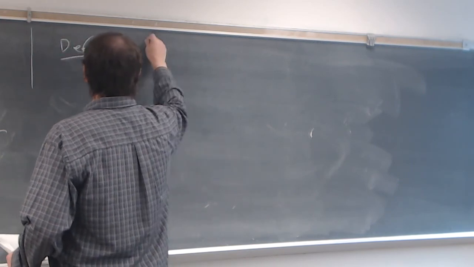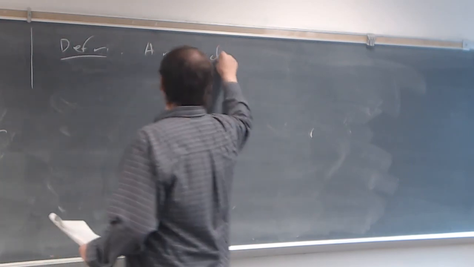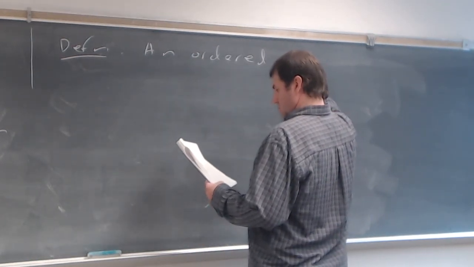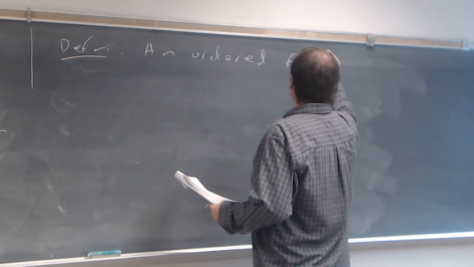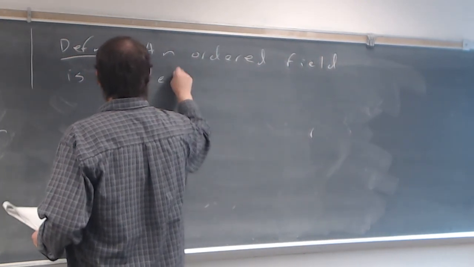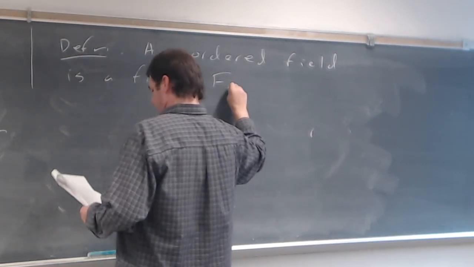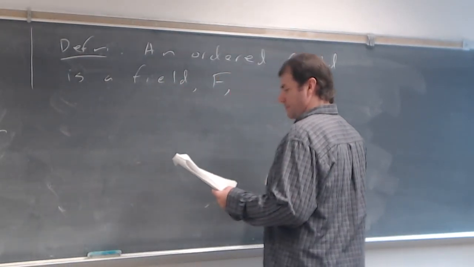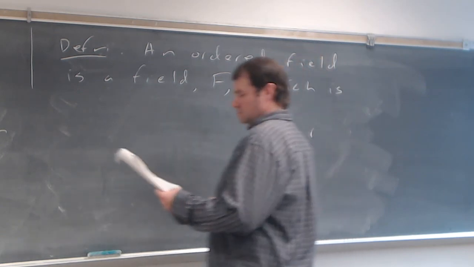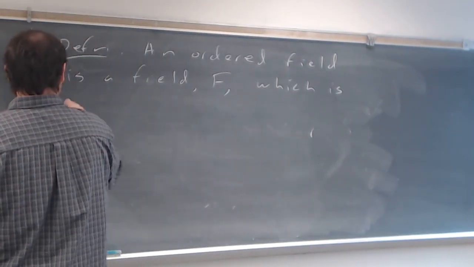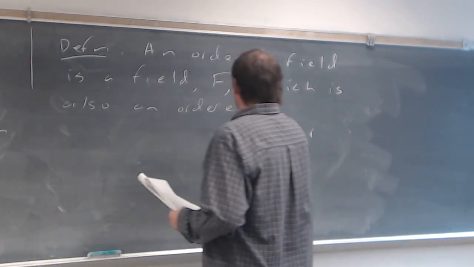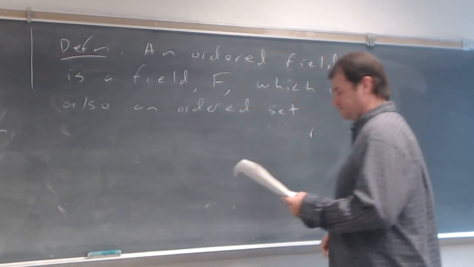It says, an ordered field is a field F, which is also an ordered set that has an order on it,